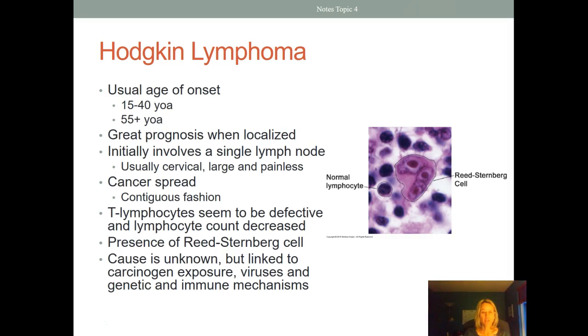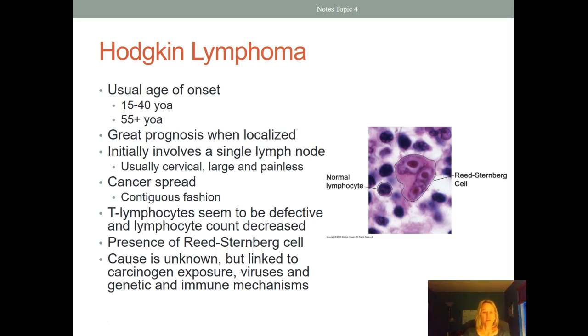Hodgkin's has a very great prognosis when localized, so when it's detected relatively early. It usually involves a single lymph node, and this is usually cervical, large and painless. And then this tends to spread in a contiguous fashion, meaning it would spread to neighboring lymph nodes in a